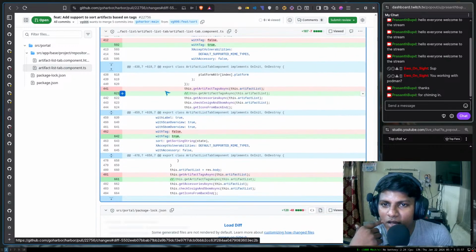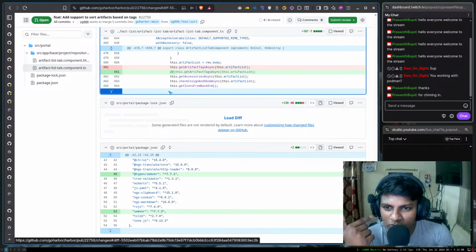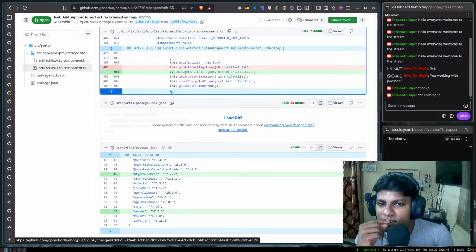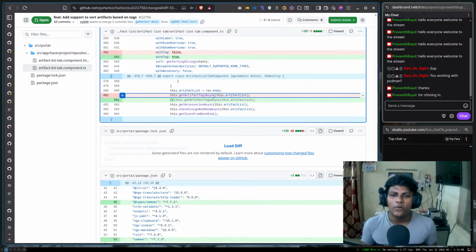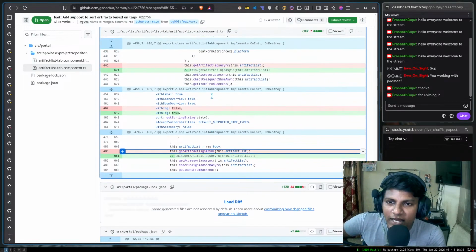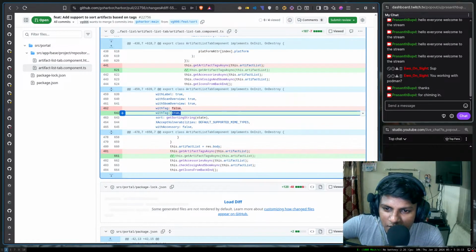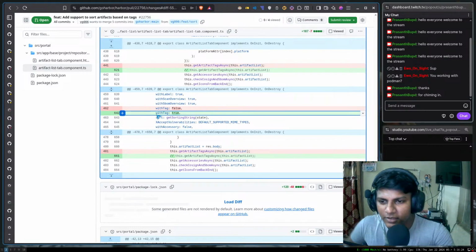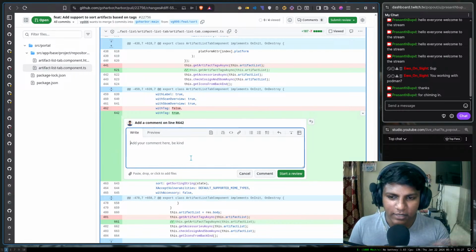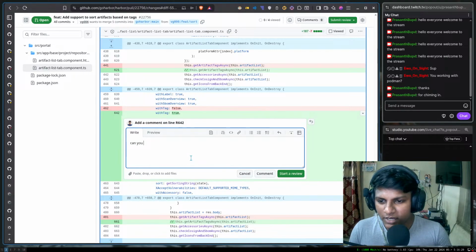He is trying to fetch this again, get artifact tags async, so he is removing that and then fetching with the tag directly. What I want to know from his side is, can you test? Okay, let's just comment it out. So can you test and verify this